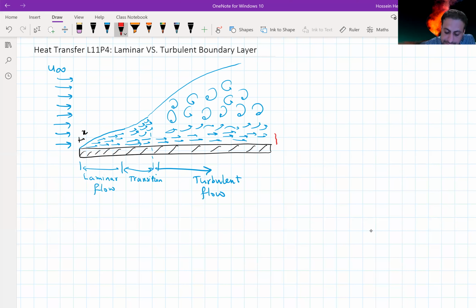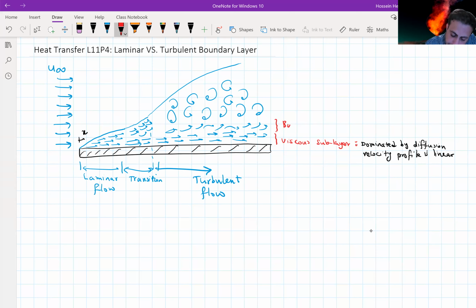The first layer is very close to the surface wall, and that's what we call a viscous sublayer. This is the viscous sublayer, and this is dominated mainly by diffusion, and the velocity profile is linear. So viscous sublayer, diffusion, profile is linear, and above this viscous layer